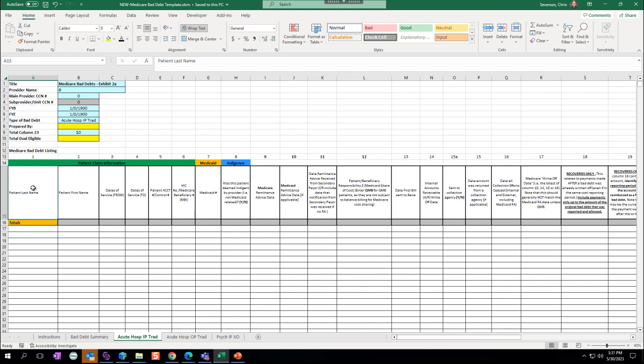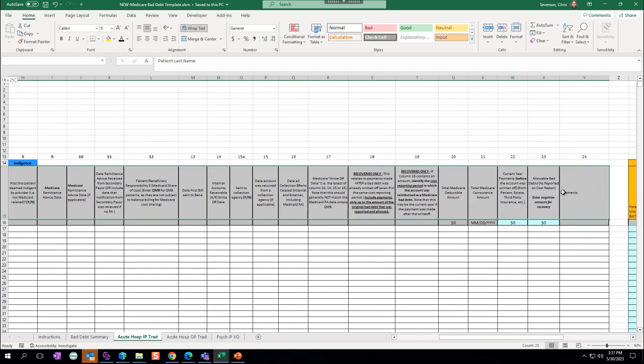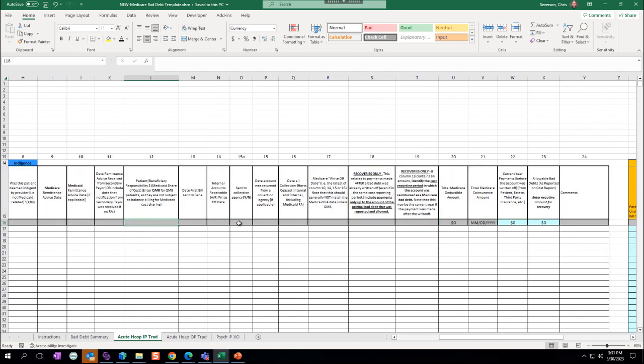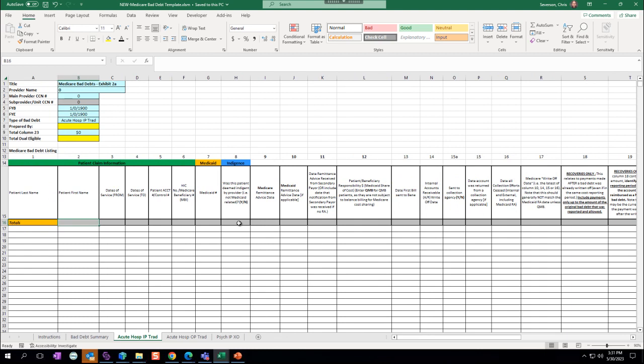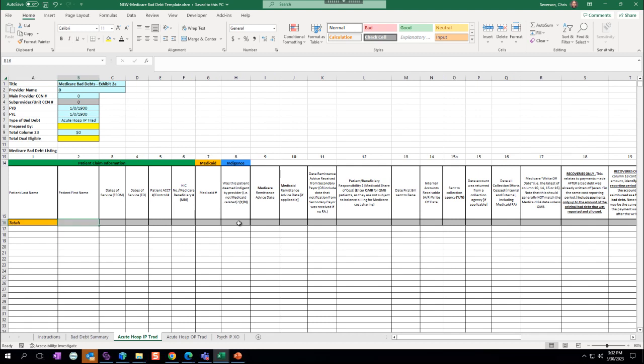Now, the other thing I do want to mention here is we have the heading columns, similar to what was included in the cost reporting instructions. But then right underneath of that, we have a total column. Now the reason for having it here as opposed to the very bottom is that we don't really know where your bottom is. How long is your listing? So we put it at the top, and then you can include the detail all the way down to the bottom. And that way it just makes it easier